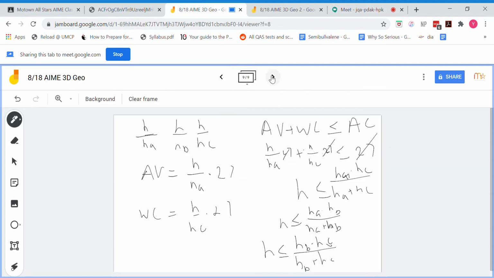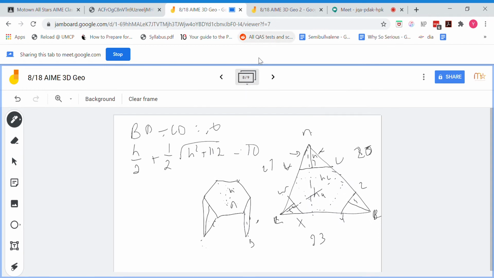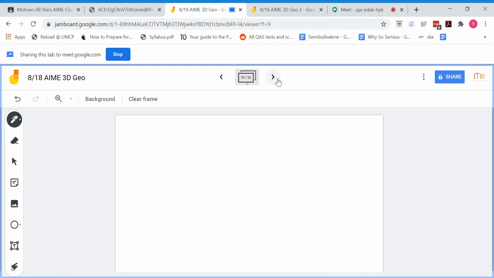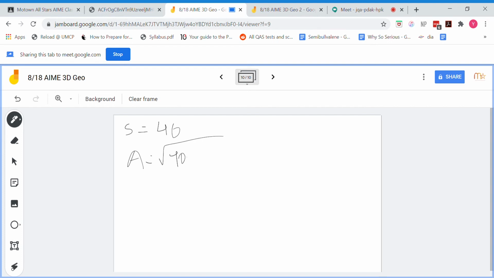And so how do we go about computing these? Well, we need to know HA, HB, and HC. So how do we figure that out? The only thing we're given are the three sides of the triangle. So to get the heights, we need to get the area first. And to get the area, since we're given the three sides, the most sensible way would be to use Heron's formula. So if we use Heron's formula, the semiperimeter S equals 40, and so area equals the square root of 40 times 17 times 13 times 10,